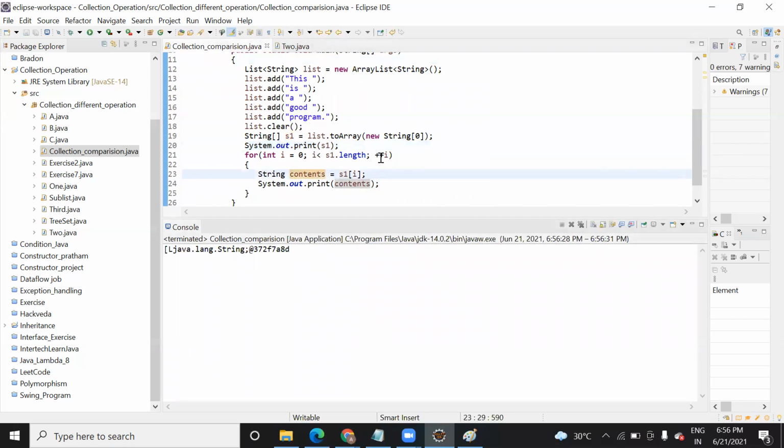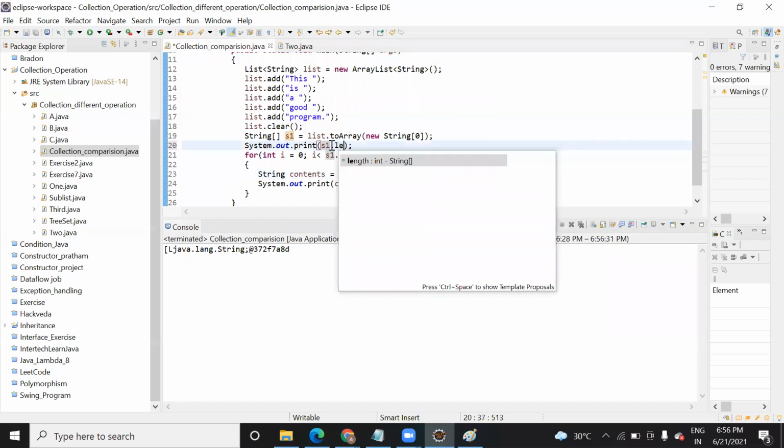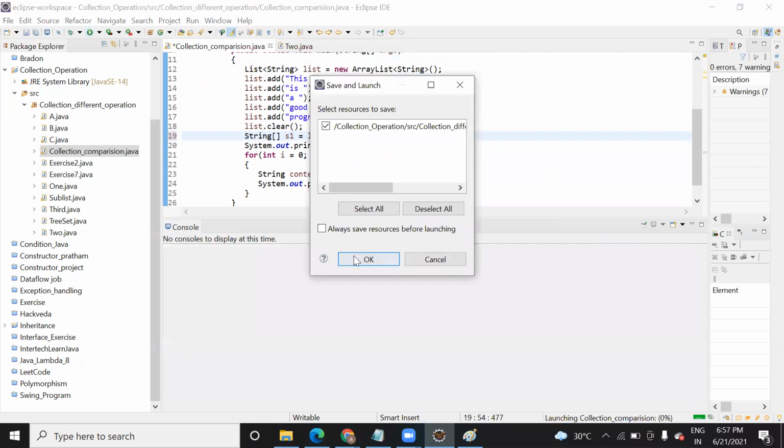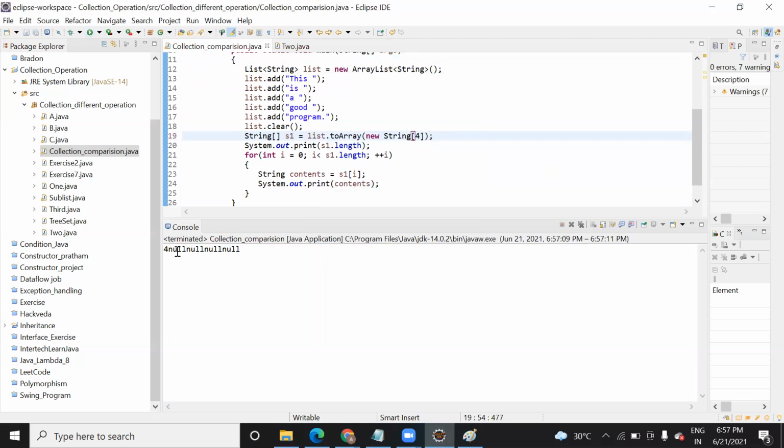Why is it not printing then? Why is it 0? List toArray new String[0]. Indexes 0, 1, 2, 3, 4, fourth, null, null, null.